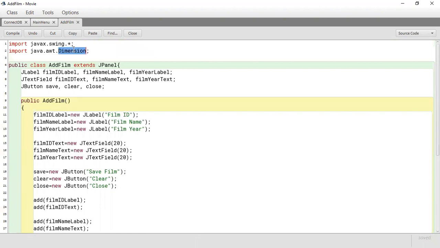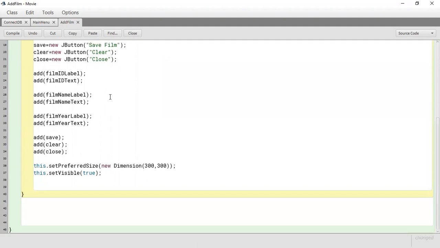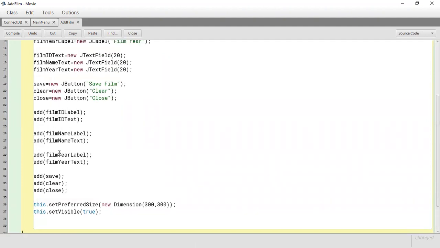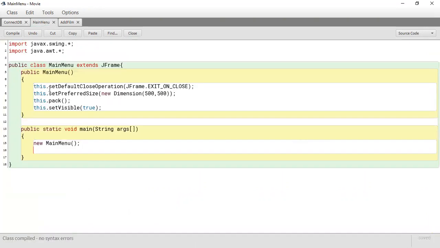All right, so just stay here. This takes care of the panel. It's not finished. But here we have our menu. What we are going to do is create an instance of the panel that we will then add to our JFrame. We're going to do that so you can have an idea in terms of what we're doing. So inside of the main menu,